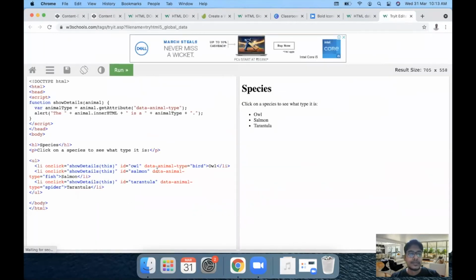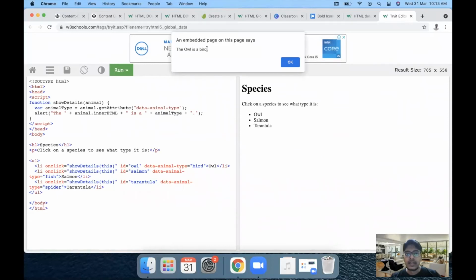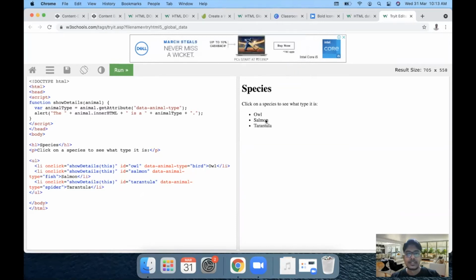And similarly, on click of this species, I can have a custom alert like this. The bird that you see here is from this data animal, which is bird. Or in case of salmon, as you can see, we have the attribute fish. So this is taken from this data animal type and then shown in JavaScript.